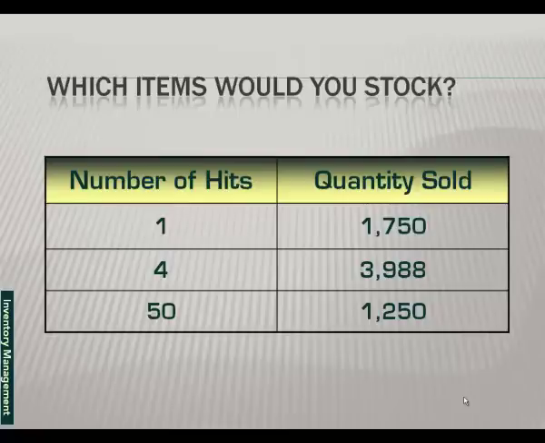So we're probably going to have to look at that item on an individual basis depending on what our trend looks like. And we'll talk about trends as they fit into this question a bit later on. Let's suppose that we sold 4 line items. We had 4 hits, and we sold almost 4,000. Well, again, we need to look at the item in more detail to determine whether we need to stock it. If we had 50 hits, and again, let's say this is within a single month, for 1,250 quantity, that's an item we're more likely to stock depending on how the other items in the warehouse or in our